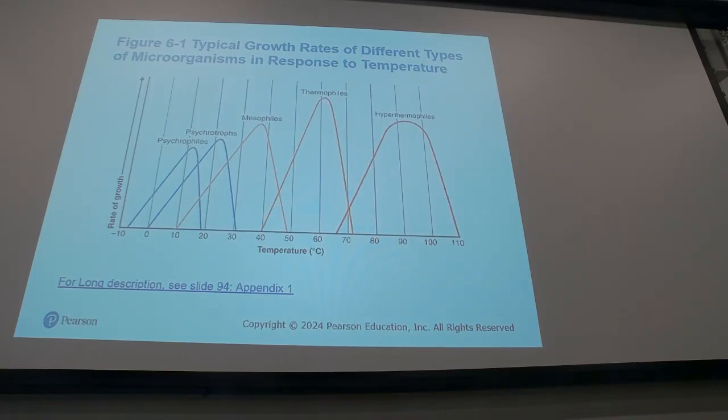Optimum growth temperature, like 62. Now, psychrophiles, which is different than the psychrotrophs, have a range from -8 to 18, with a peak of around 12. Hyperthermophiles from 65 to 110, with a peak of